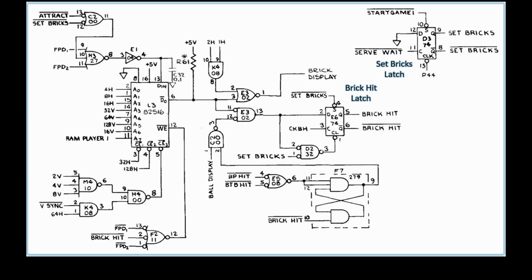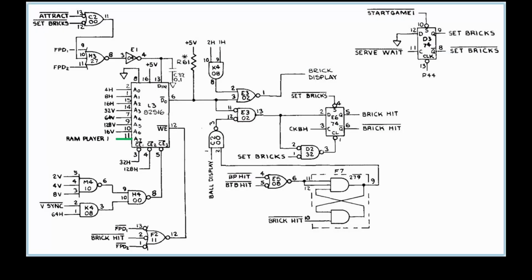We don't have this logic in place yet, so we'll just tie pin 11 down for now and use only 1 array. In a similar fashion, those FPD lines are asserted when a player completes their first wall, refilling their bricks by raising data in and dropping write enable. This cycles through all of that player's addresses, setting their bricks. Set cycles continue until the ball hits the paddle and deasserts those lines.